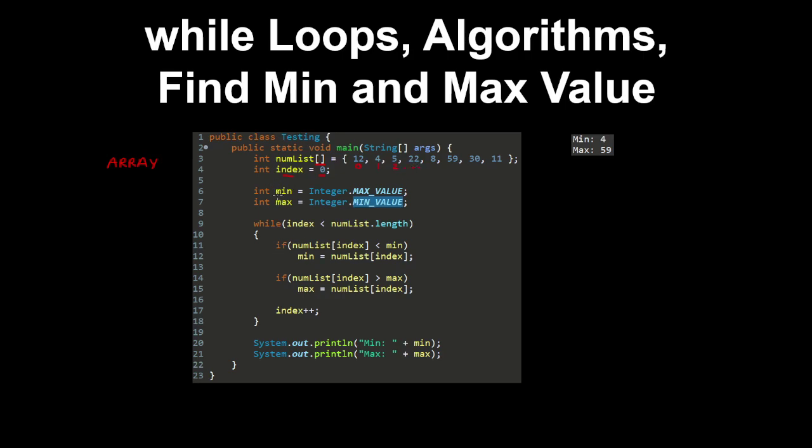And we also declare an integer to store the minimum value, and we set that to be equal to the largest possible integer. And we declare an integer for storing the maximum value, and we initialize that to the smallest possible integer. And now in the while loop, we iterate through the list of numbers, starting with index 0, and